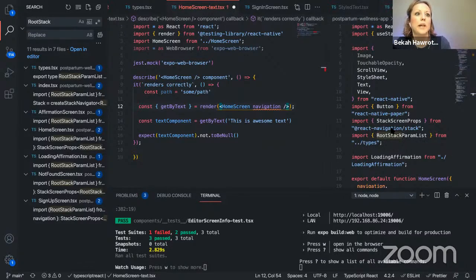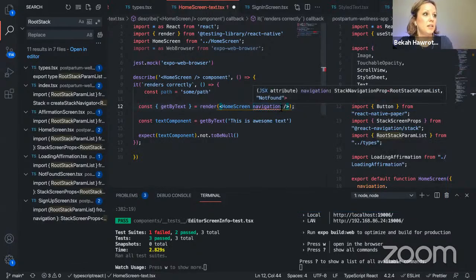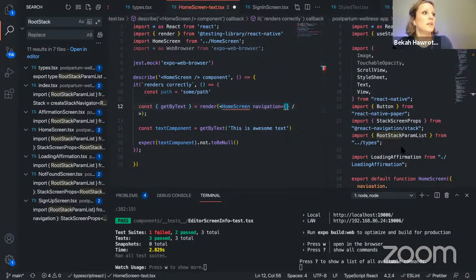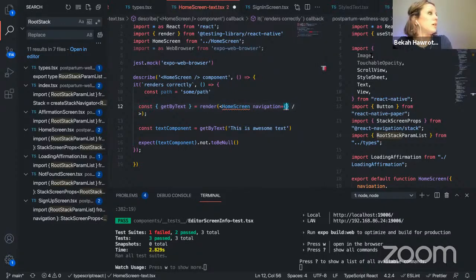React navigation stack. So I wonder if we did a little bit of Googling here, if we can figure out what we need to be passing our test for navigation. Okay. So we definitely are missing what needs to be passed here. Whoops, let's do an equals. Okay, so the root is missing. And what root are we using? Types. Okay.